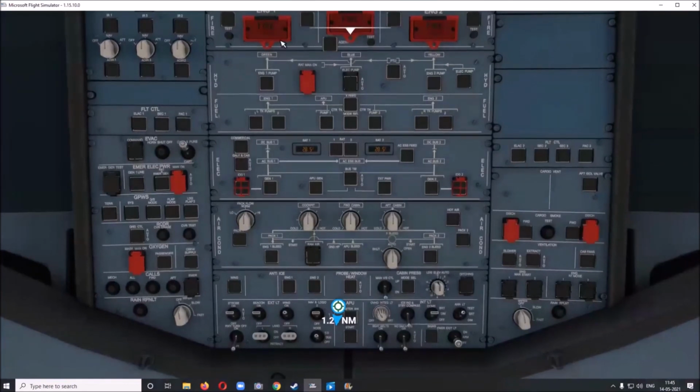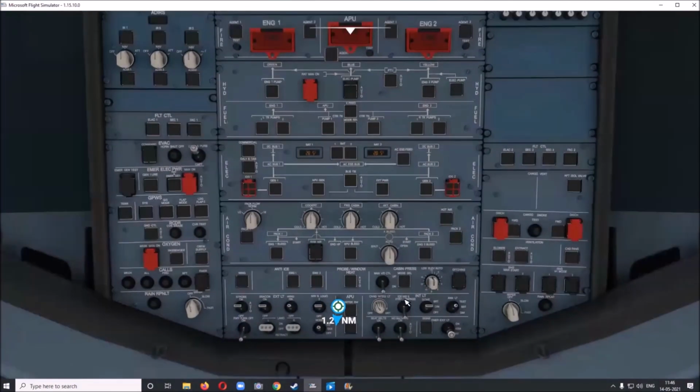Now a quick view of the overhead panel. Most of the things are preset and not much needs to be done during the course of the flight, unless in case of emergencies. This is our familiar seat belt sign. These are the light switches. This is for adjusting the air conditioning.